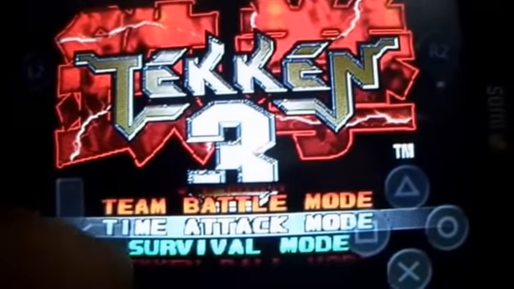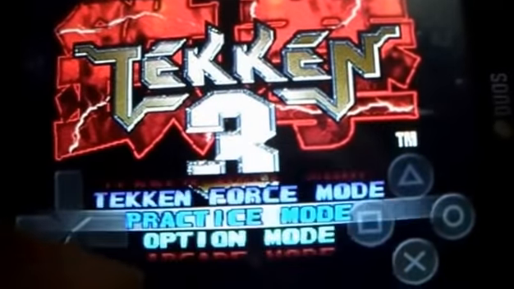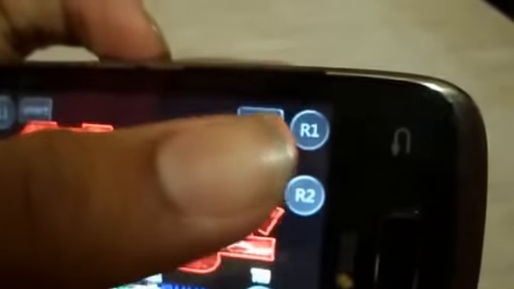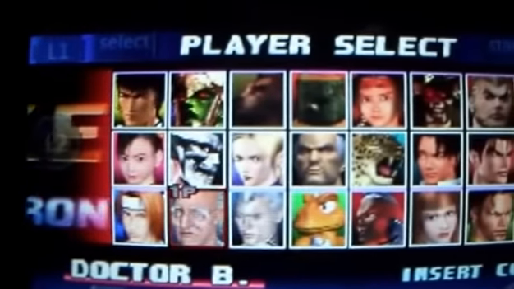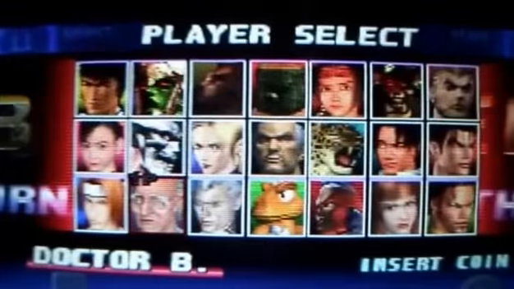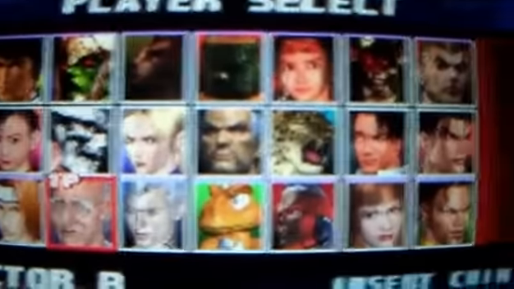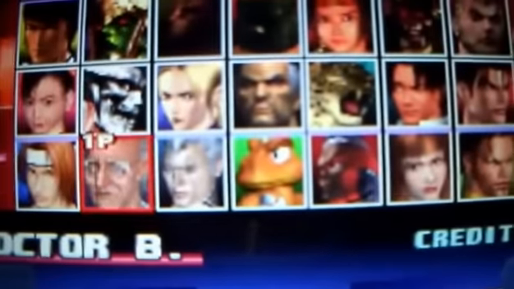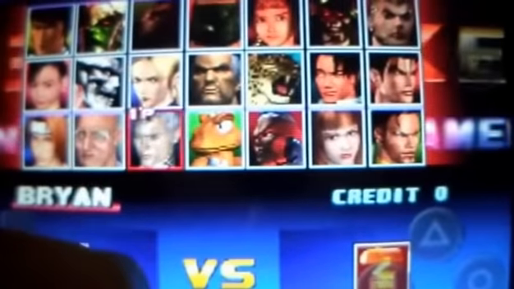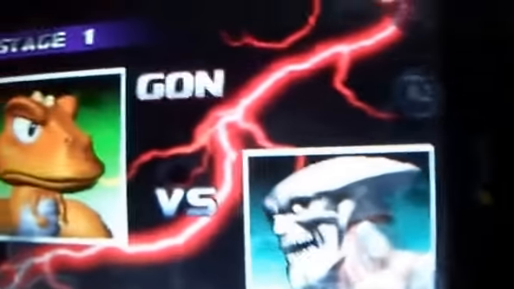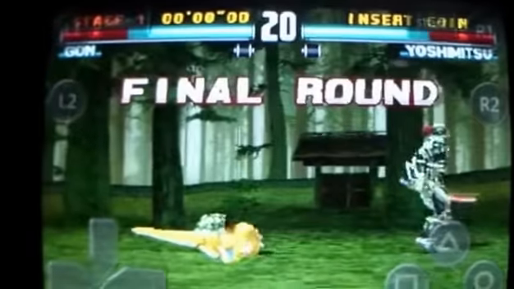Now this is Taken3. You can select any of the players. In my memory card slot I have unlocked all the players, so you don't have to worry about the players. It contains all the players like Gone, Brian, Dr. B, Gunjak and many more. So just easily play with them and make your high scores.